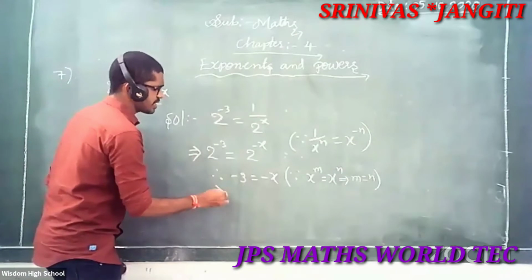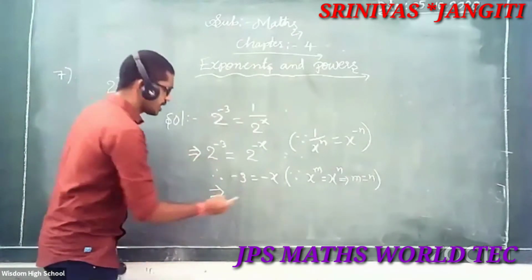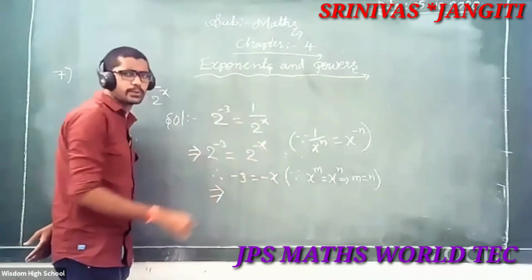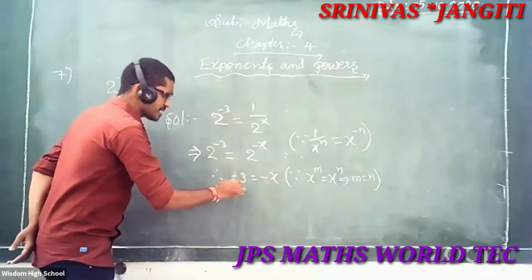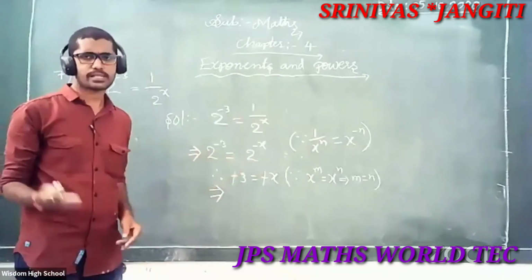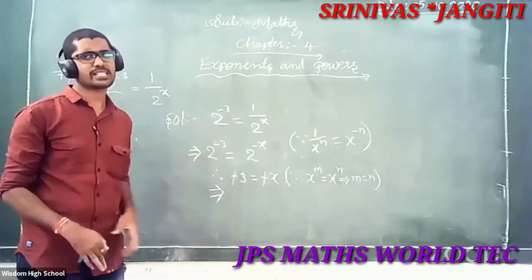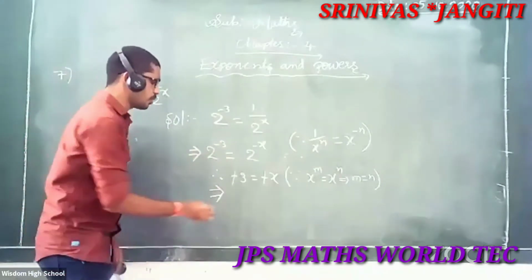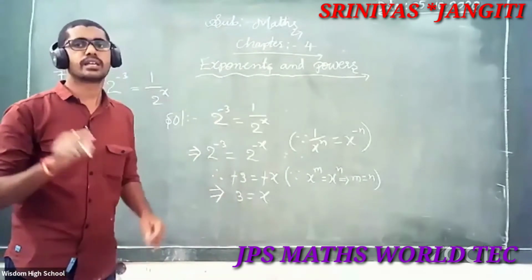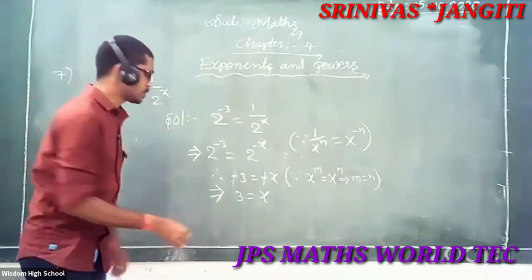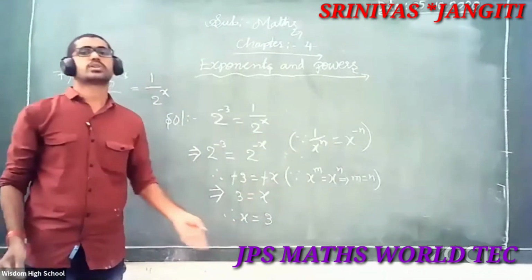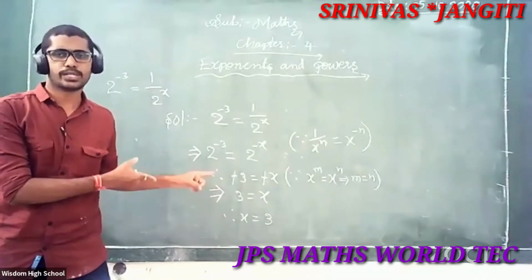Now LHS is equal to RHS, or RHS is equal to LHS. Observe here negative, here also negative. Both sides have the minus. Take the minus as common; minus and minus cancel. What is here? 3 is equal to x, right? What do we find in this? The x value. Therefore, x is equal to 3. Just so simple. Do you understand this?